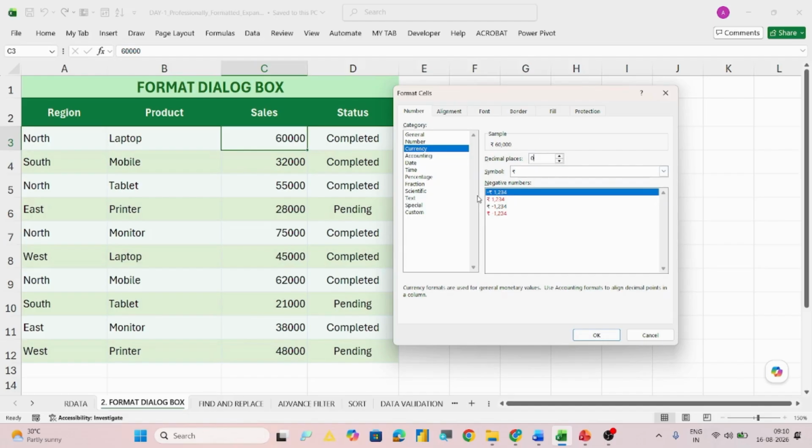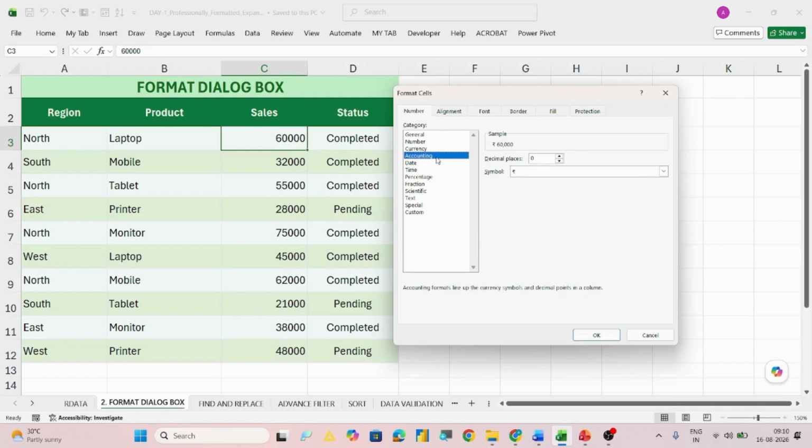In the case of currency also, as these are all digits and numbers, it shows that if the number is positive, it can display in black color. If you want all the negative numbers to appear in red, you can choose the second one. If you want it to come in black only but with the negative symbol, the third one. If you want it to come with the negative symbol but appear in red color, then the fourth one.